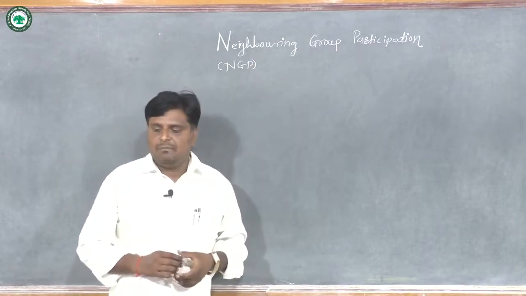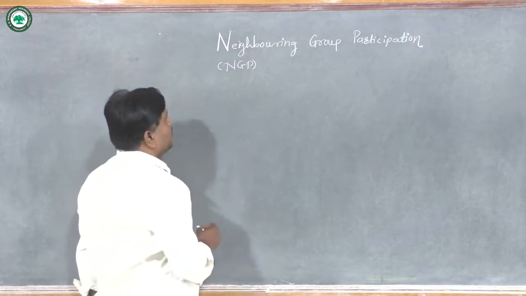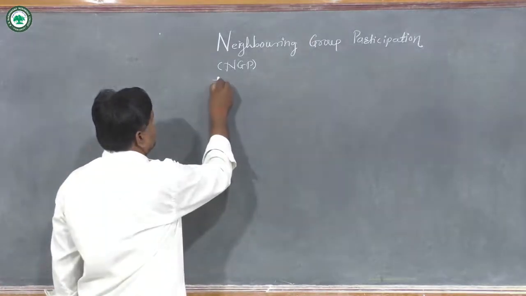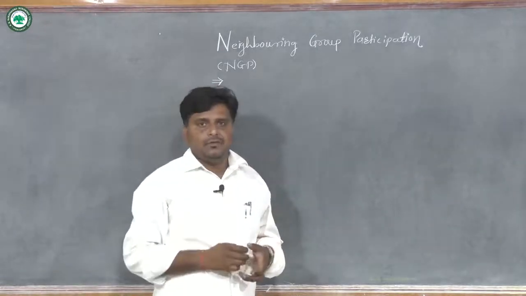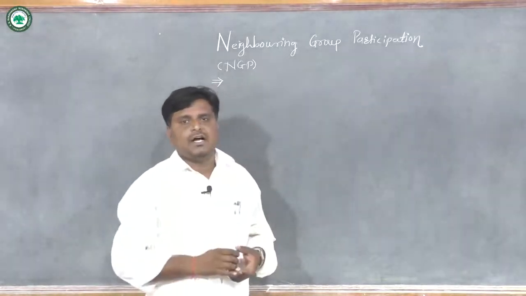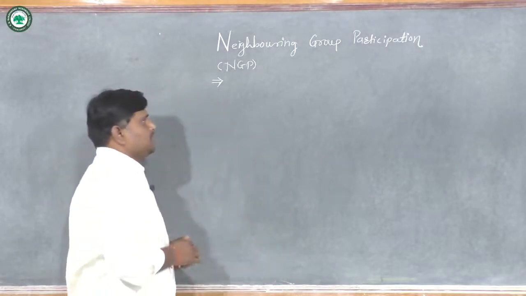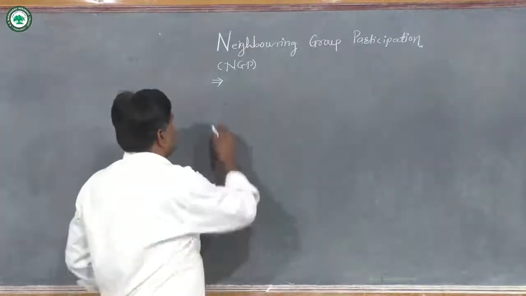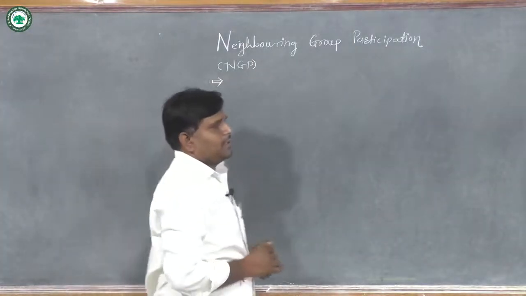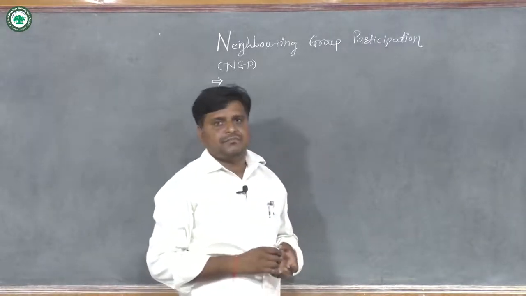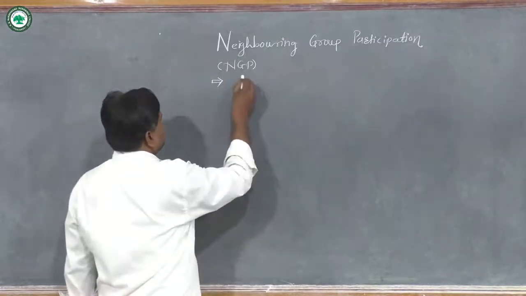Here both attacking group and leaving group must be present at trans-diaxial position, as we saw in the last lecture regarding elimination reaction. In this case also we require